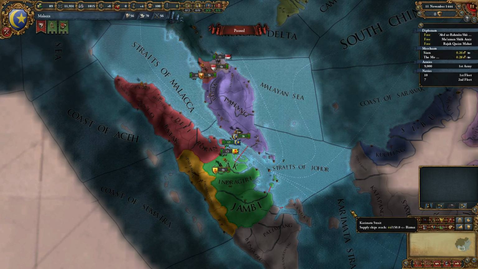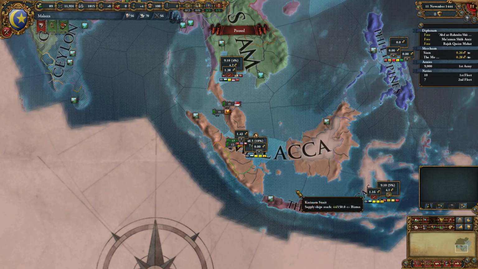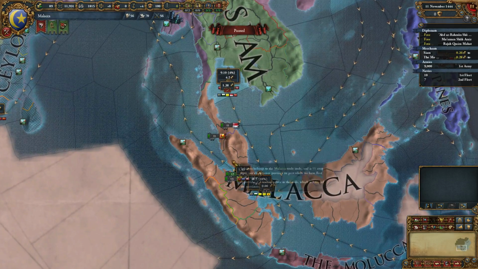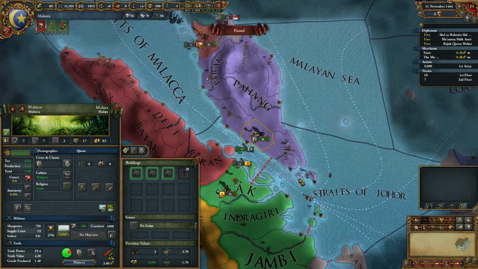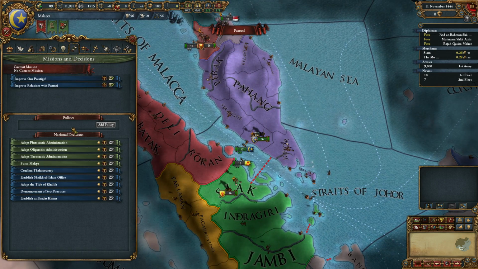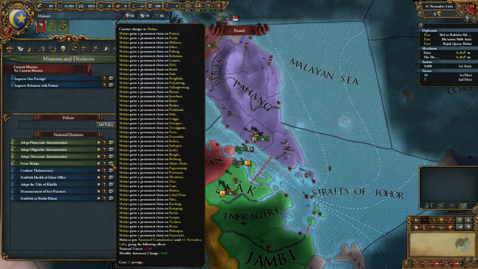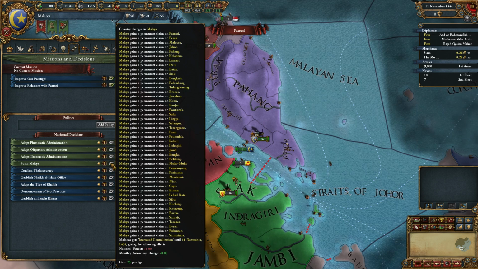Welcome to the illustration and guide of Malacca. Malacca is a nation in Indonesia. They're in the primary node of Malacca, which is named after them, of course, after the capital, which is Malacca. They can also form, as you can see here, Malaya. Again, they're going to gain a permanent claim on a huge sum of